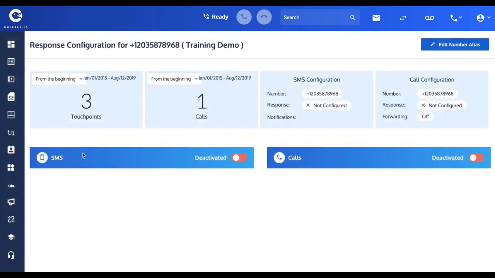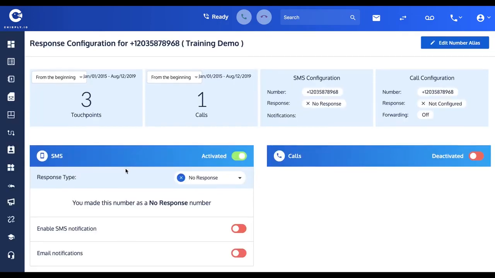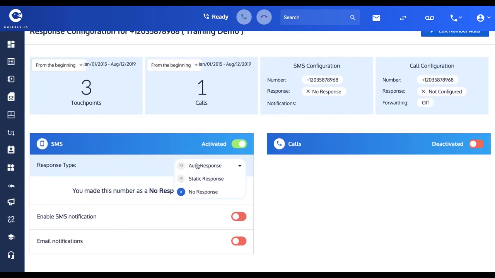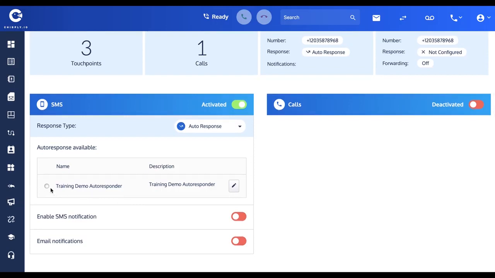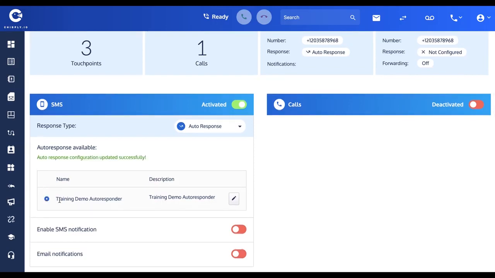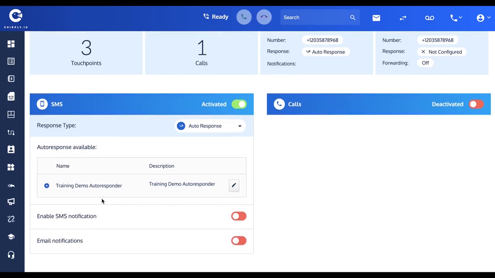So I'm going to find that for incoming SMS messages, first of all, I want to activate that, and the response type I want it to be is an auto response, and this will be detailed in a later video. The autoresponder I want to use is the only autoresponder that we've currently got,